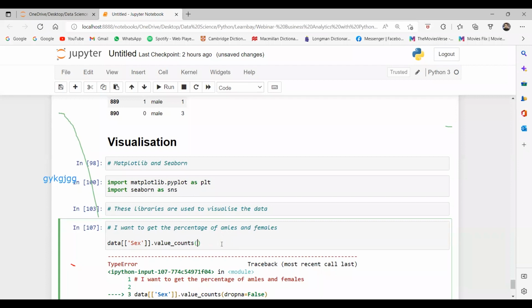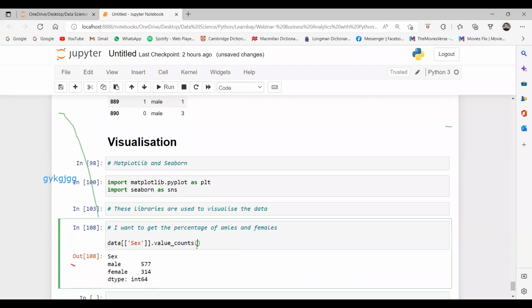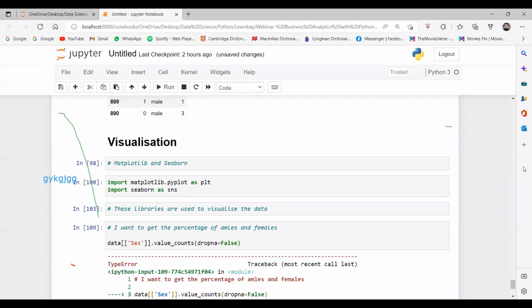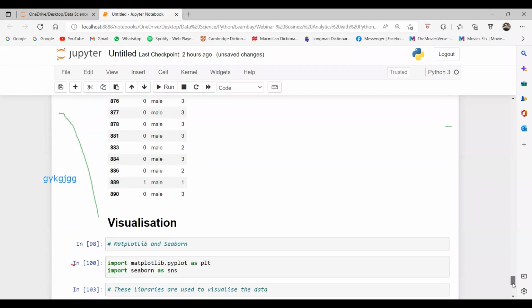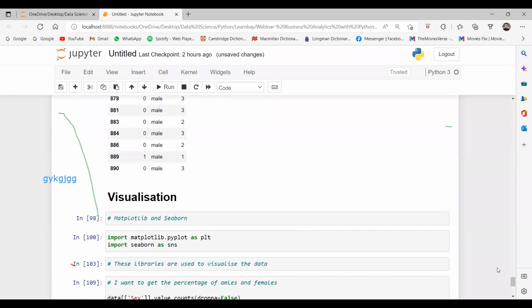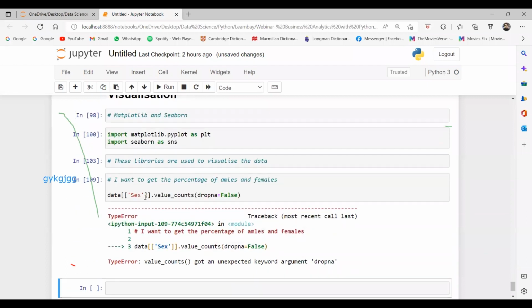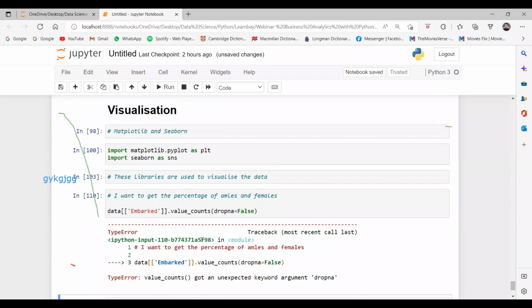Value counts, dropna equal to false. What is happening to this one? You spelled it wrongly.